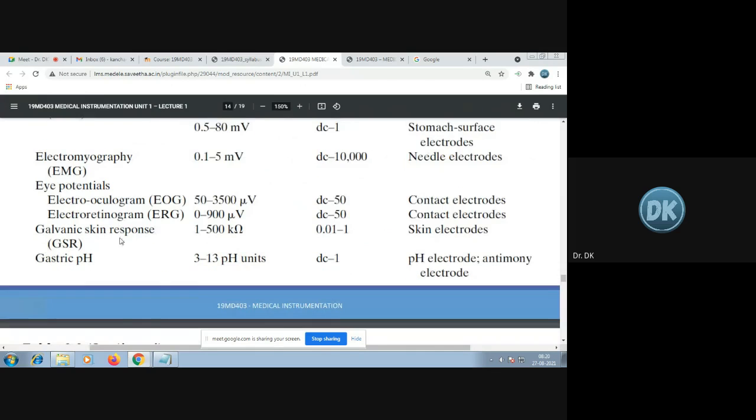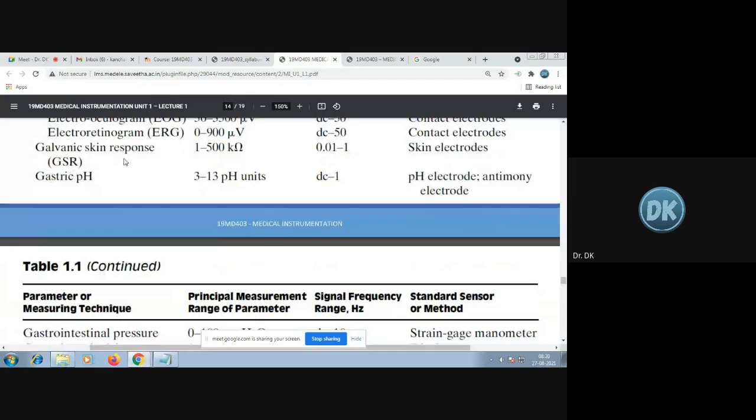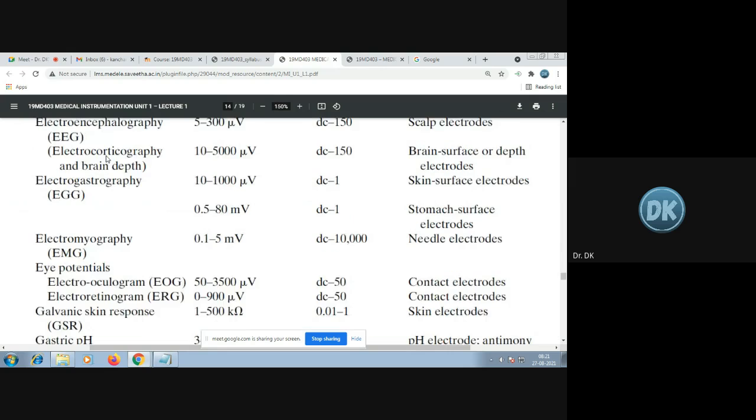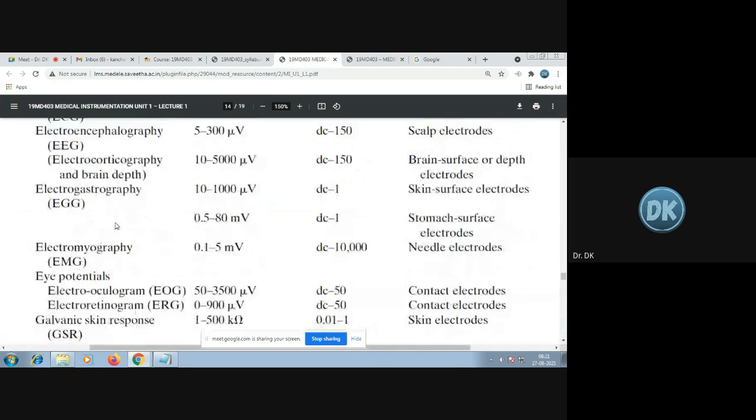And there is another physiological parameter called galvanic skin response. So galvanic skin response is to measure the electrical conductivity in the skin. Usually, if you have heard about the lie detector test in criminal investigation in movies, you would have seen where they keep some electrodes on the criminal and ask him questions continuously to check whether the person is lying, right? At that time, they will check all the physiological parameters like ECG and then GSR.